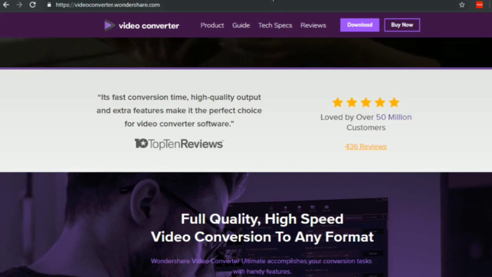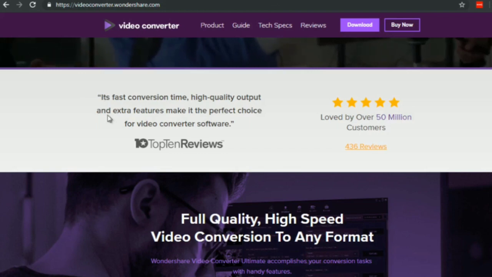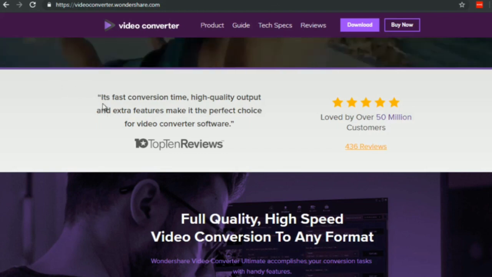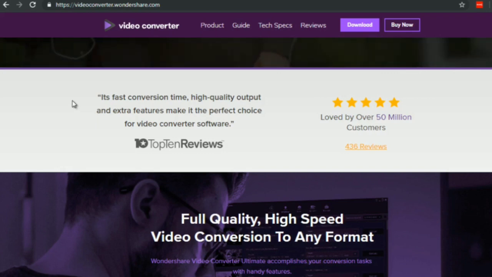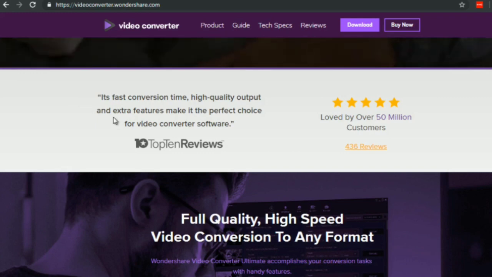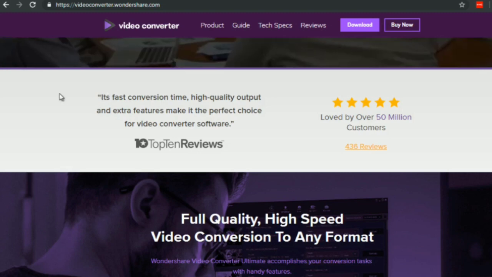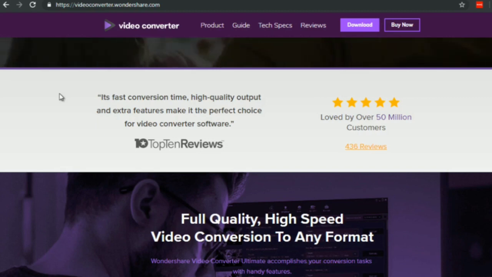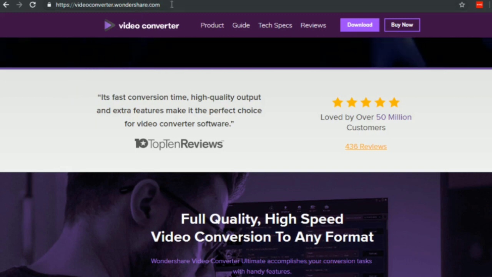So what we're doing here is we are taking the video file that you have created and embedding it with more information. So besides the title and description, YouTube will be able to read the metadata inside of your video. So it'll make a little bit more sense when I show it to you. Now, it's really hard to find software out there that allows you to embed metadata, except for a few. So one of them is called Video Converter by Wondershare,